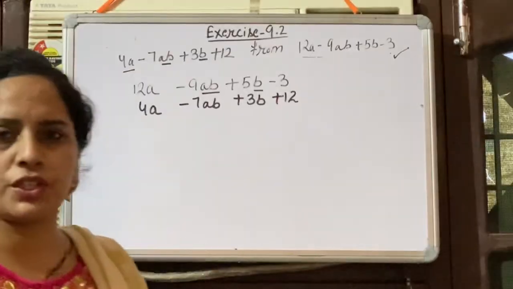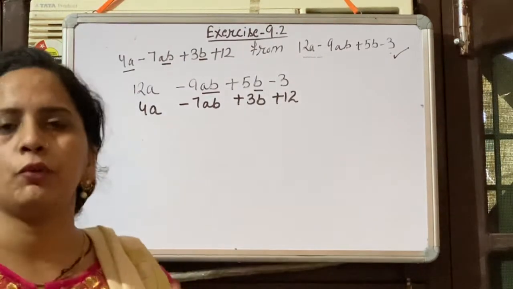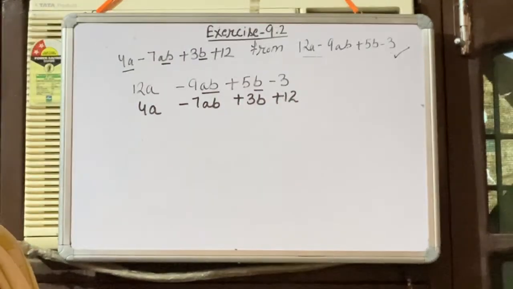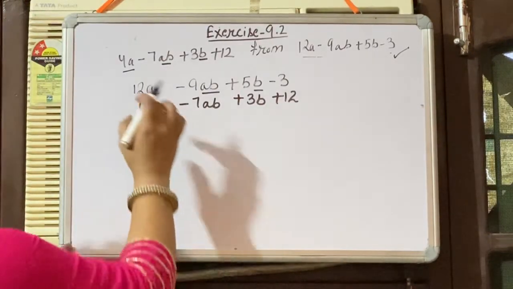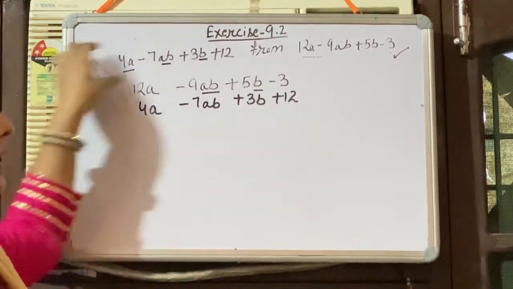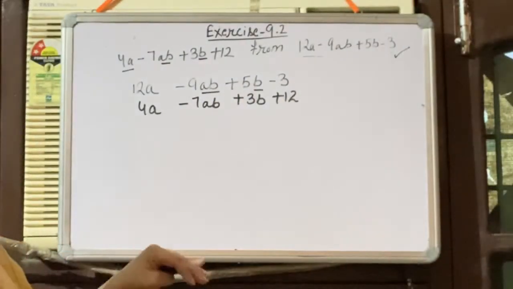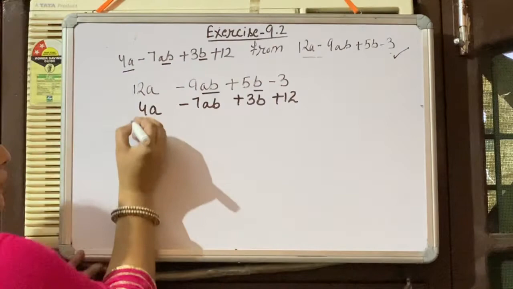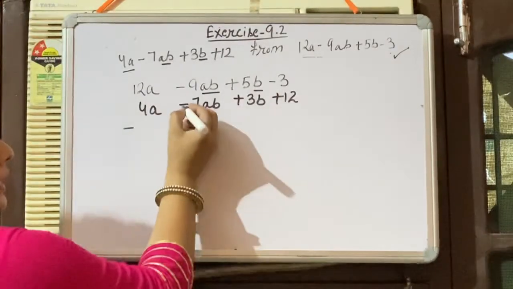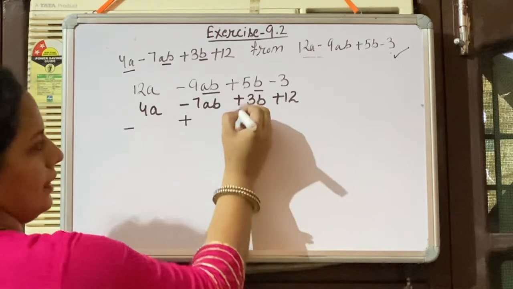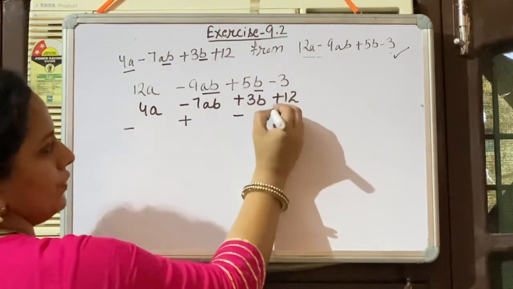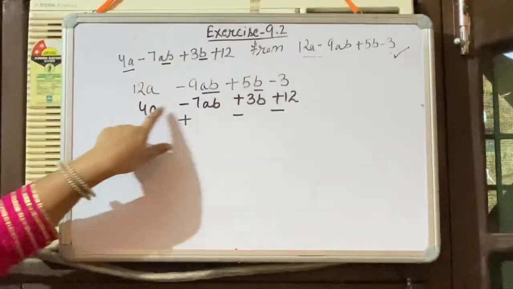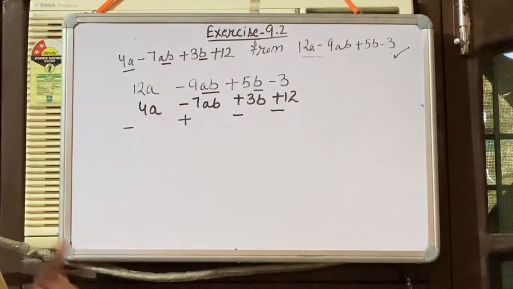In the subtraction question, in the third row we have to write the opposite sign of the second expression. This is the main step of the subtraction question. In the starting rows we write the algebraic expressions, but in the last row write the opposite signs of the expression. This is in positive form, so write here negative. Negative, write here positive. Positive, negative. Now we will use these signs. Note these signs. In the subtraction question, this is the main step.